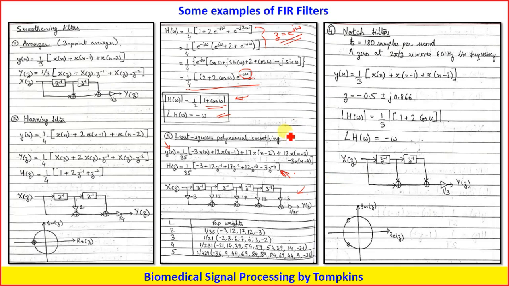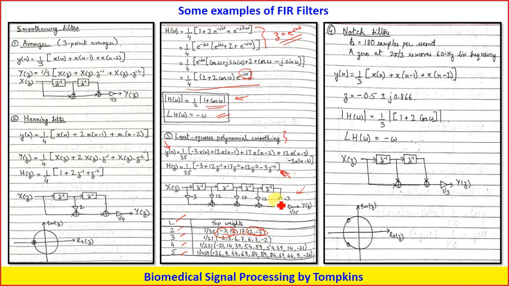Now, the least squares polynomial smoothing filters can be of different lengths, different orders. So it is given by L. L can be 2, 3, 4 or 5. Now for 2, if you see, we have minus 3, 12, 17. Then after this midpoint, the values get repeated. Okay. So it is given by 1 by 35. That means there will be 2